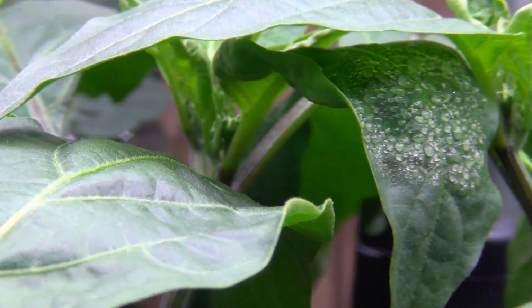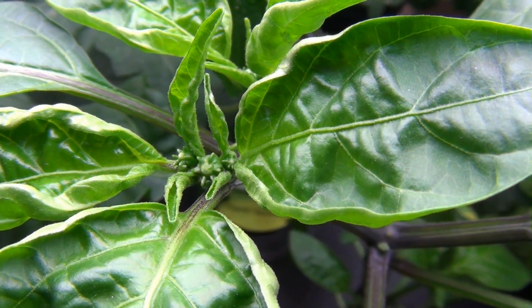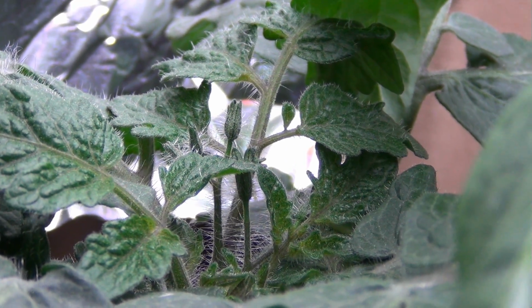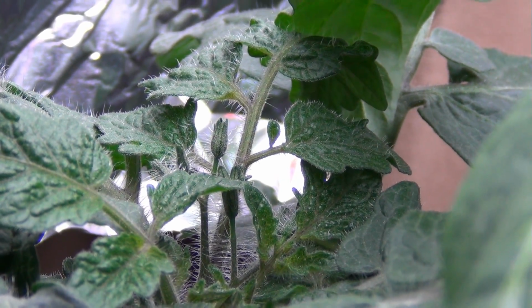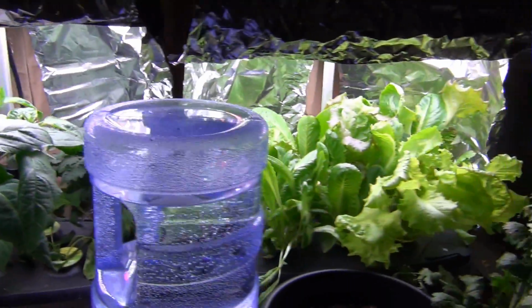It's hard to find them all on camera here. But starting to get little flowers that are about to start growing all over the place. So we should get soon all these little flowers, and then soon after a lot of jalapenos. And it looks like the tomatoes are starting to maybe produce some flowers there as well. So that's looking awesome. Gonna go ahead and trim some, and then I'll show you what I took out and